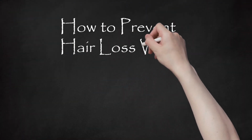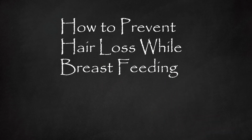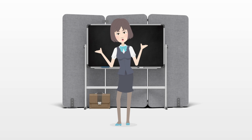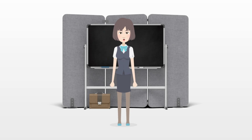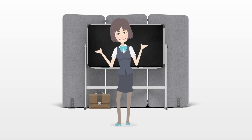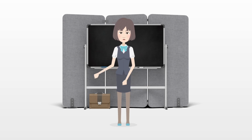How to prevent hair loss while breastfeeding. Many women who have recently delivered babies and are breastfeeding may notice that they are shedding hair more than they did pre-partum. Even though post-partum hair loss is completely normal and you can't entirely prevent it, losing your precious strands